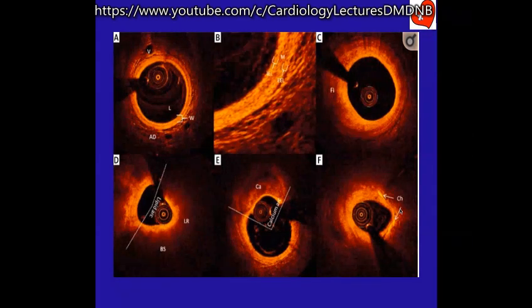Farther away. The difference is that OCT gives much more detail of the layers. If you can see here, even the media can be broken up into internal elastic lamina, a central clear area, and the external elastic lamina. The two layers can be seen in the media also. You can see an intima, then internal elastic lamina, media, external elastic lamina, and then adventitia. So it gives much more detail. The resolution is much higher, 10 times more resolution.